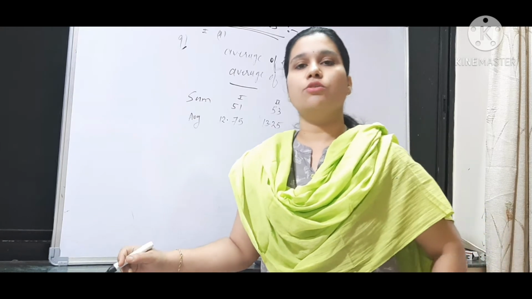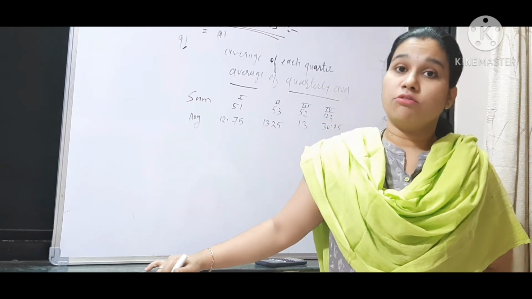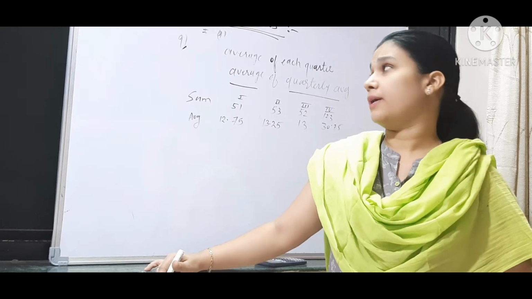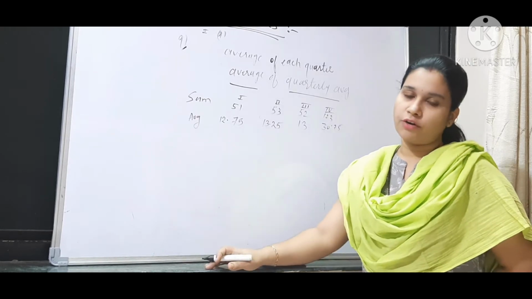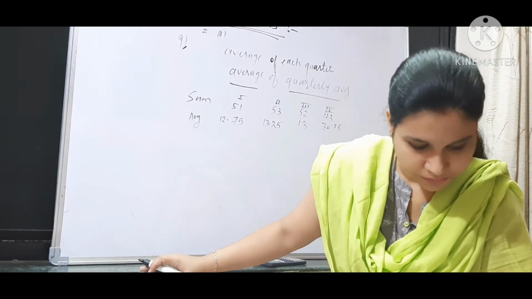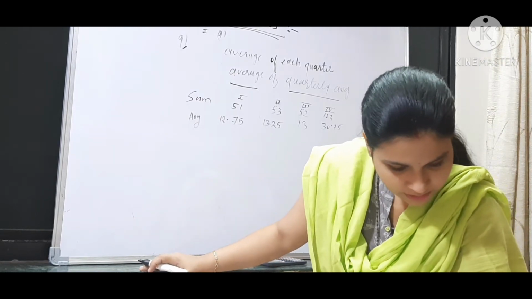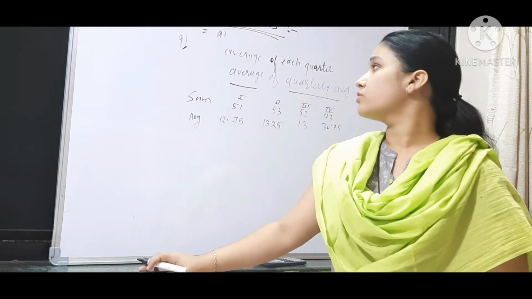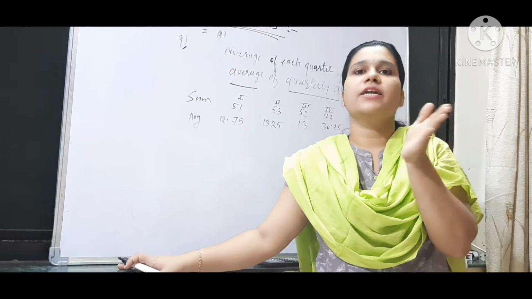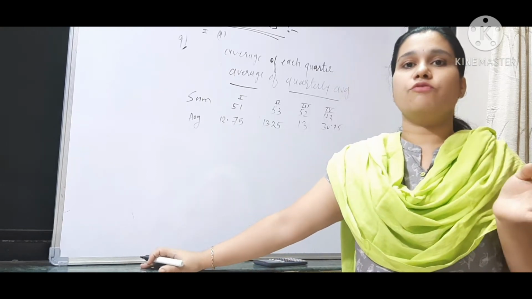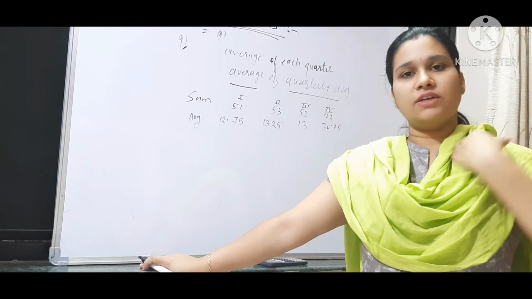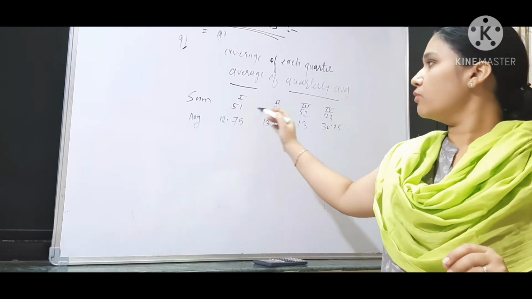The eighth question is again a numerical question, but that question is also very long and procedure based, so that type of question is not asked in the exam. So the ninth question is, we have to find the seasonal indices for wholesale prices. See, for different years, data is given to you on the basis of quarters. 4 quarters are given, 1, 2, 3, 4. So what do you have to do? It's a very simple procedure. Take the sum of all the quarters.